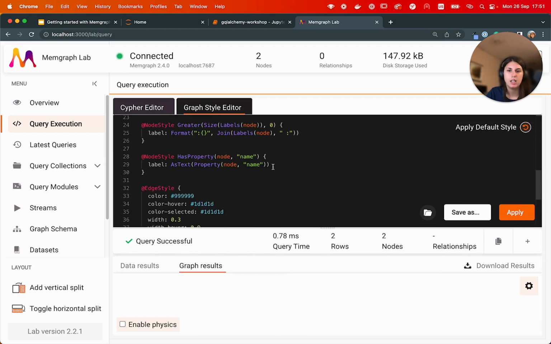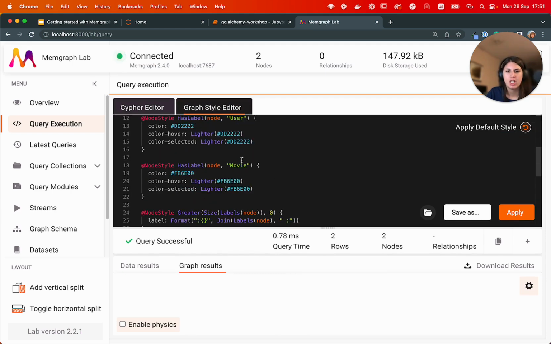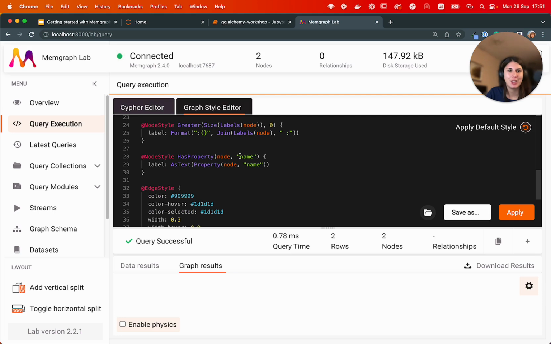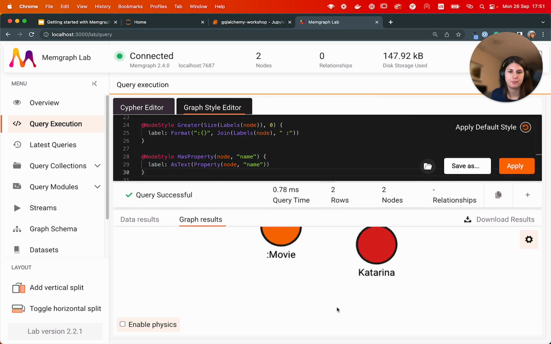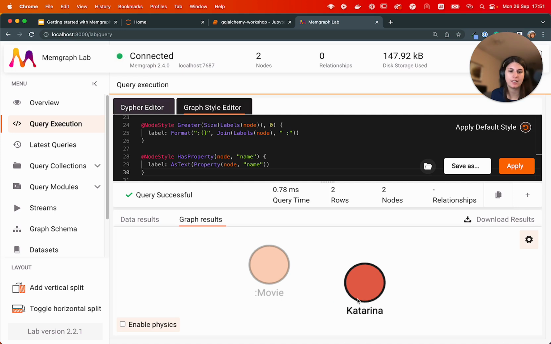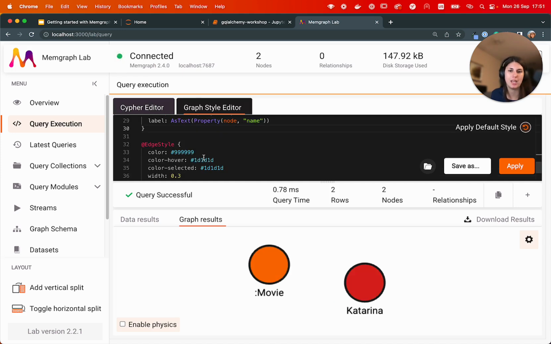You can change the look of your graph. So you can add here: if it has a name, then it is written here. That's why Katarina is written like this, and movie has no name because no movie has a property called title. So let's add this here